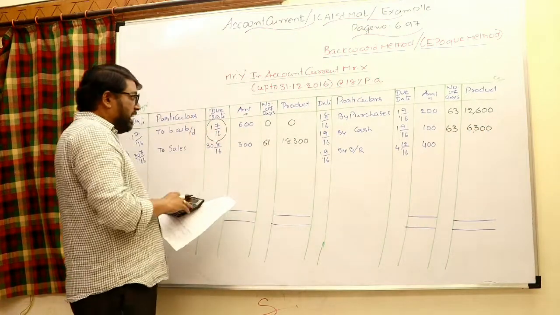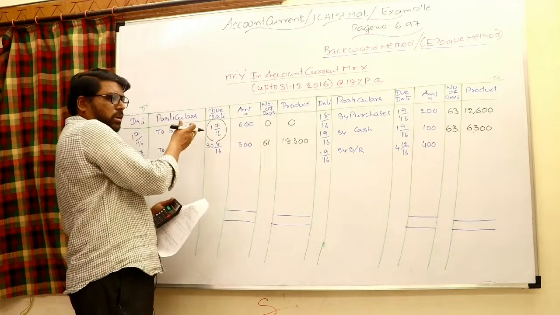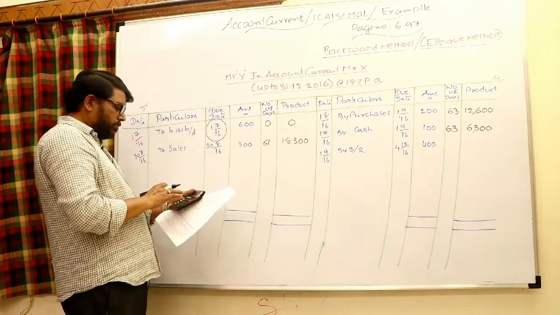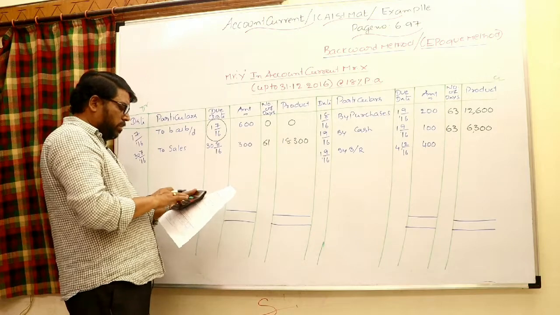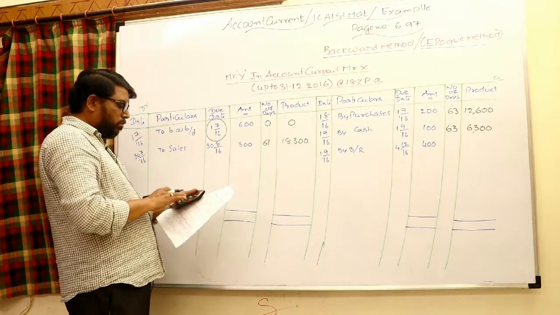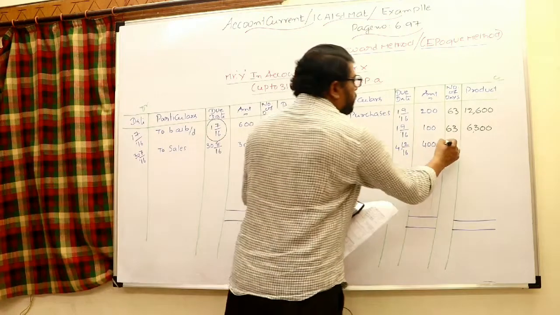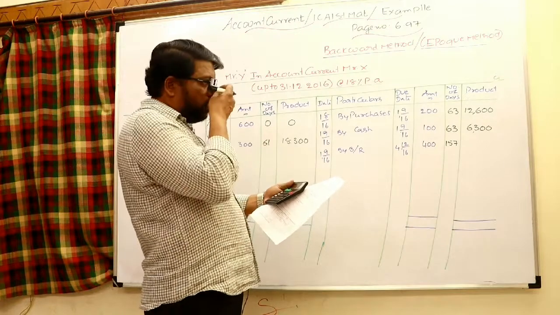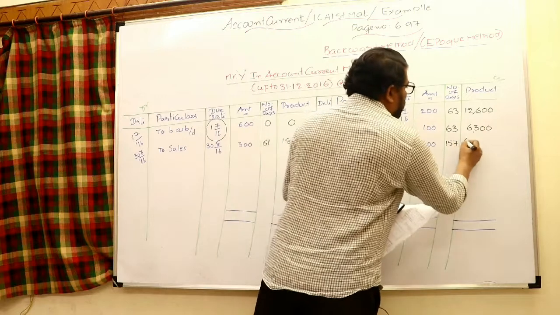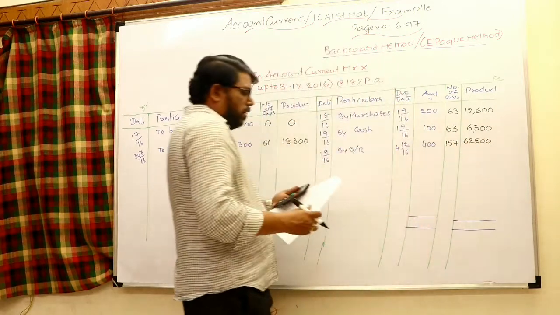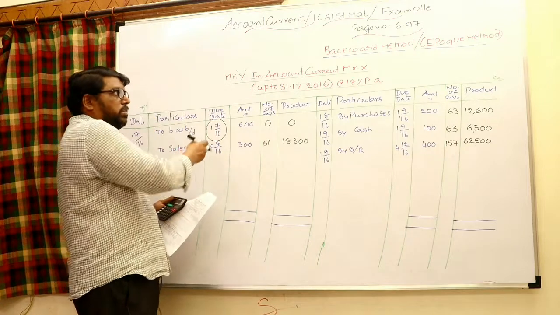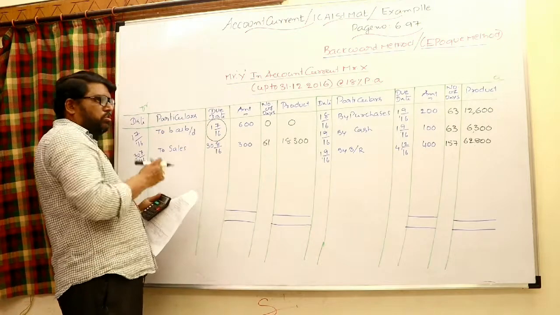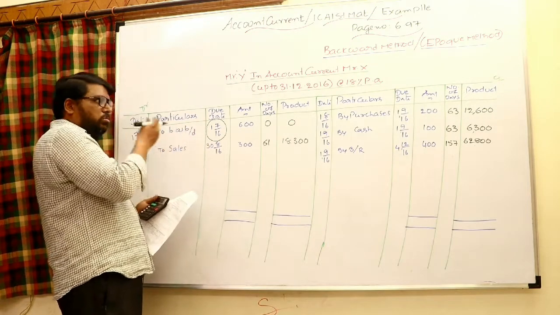Next one, again from this due date to that due date, you have to calculate backward. In July 31, August 31, September 30, October 31, November 30, December 4, that is 157 days. 157 into 400, multiply the amount to get the product, 62,800 is the product. So everywhere, instead of from the due date to the settlement date, here you have to calculate from the due date to the opening balance due date. So you have to travel in the reverse manner.